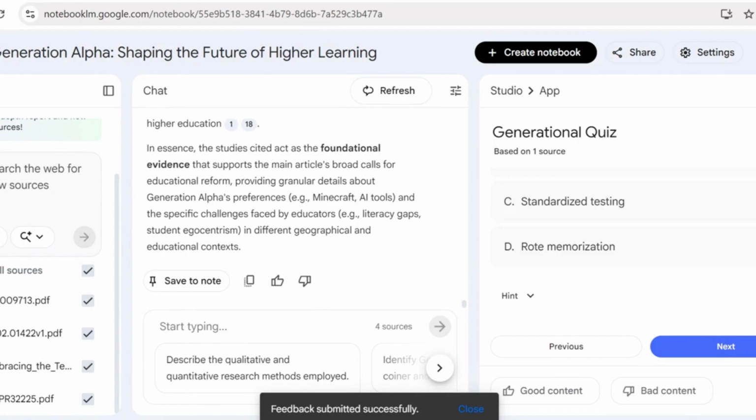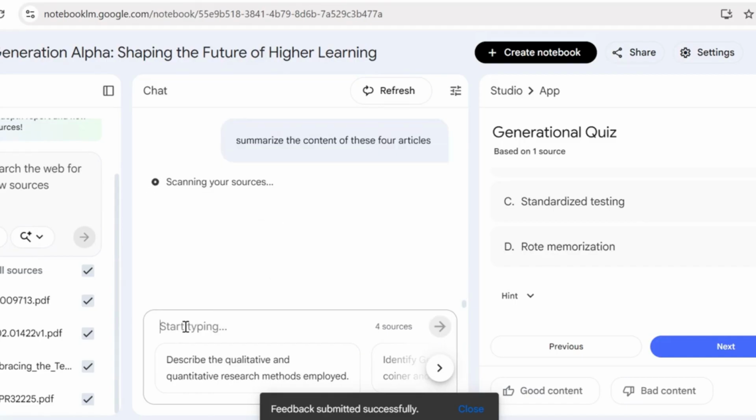So if you want NotebookLM to summarize the content of these four articles, then the tool is going to scan the content and check the scope and sequence and